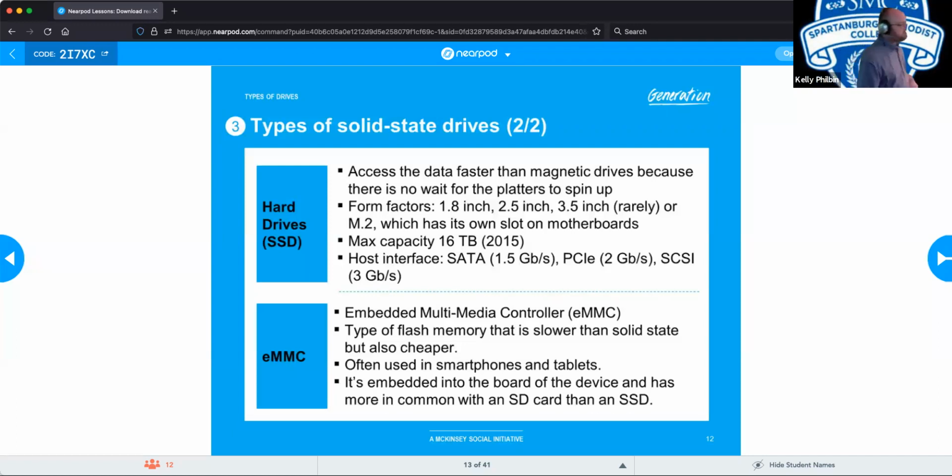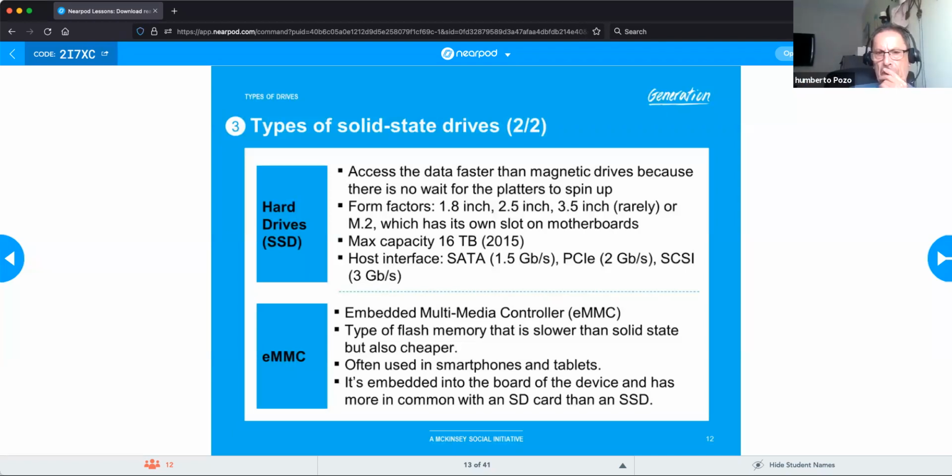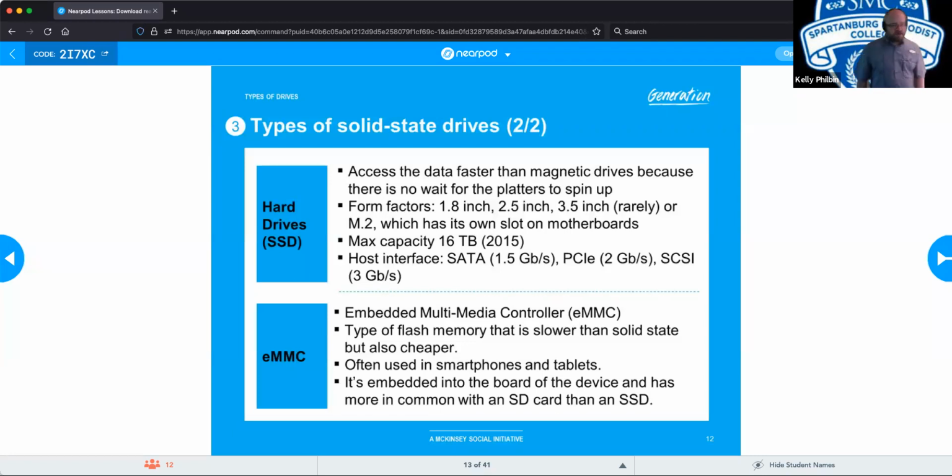All right, so max capacity at the time was roughly about 16 terabytes as of 2015. That has gone up since then. Typical interface for these drives is going to be your SATA drive or your SATA ports, your PCIe, and then there's the SCSI, which they were trying to go for